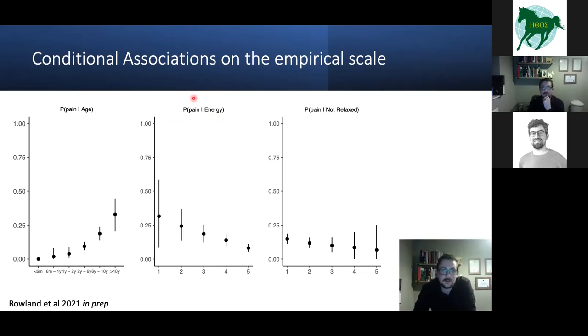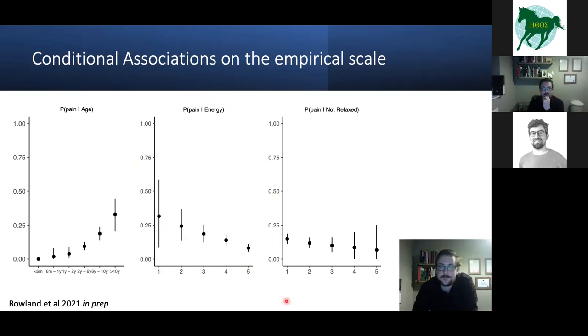And then if we look at the middle section, this is the probability of pain given I know a dog's score on the energy item. So if they answer 5, strongly agree, so the item is "my dog is full of energy", then the probability of a painful health condition was around 0.08, and this increases up until about 0.32 if they answer strongly